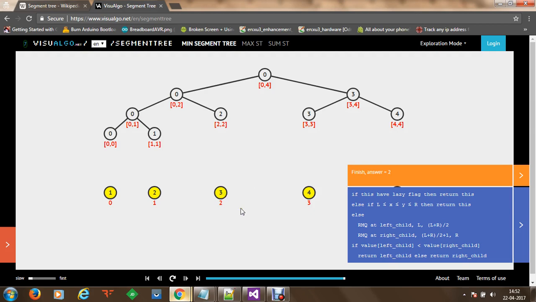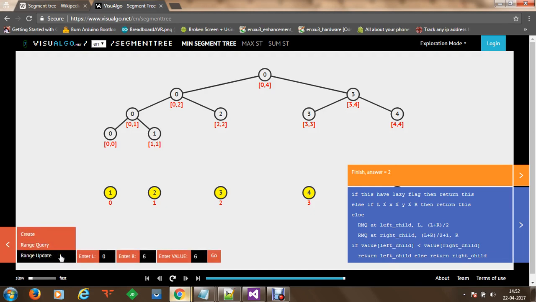So this is how we can make use of a segment tree, and later we can make use of a range update method in order to modify a value. Let's say I would like to modify the value at index 2, hence I am taking L and R as the same value, and I would like to modify it to a sample value like 100. Let's say I take some value like 50 instead.